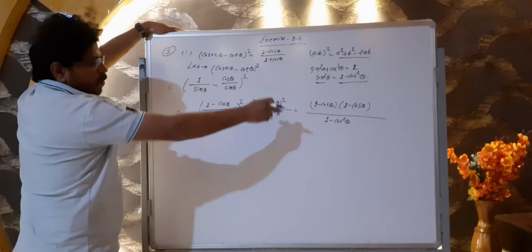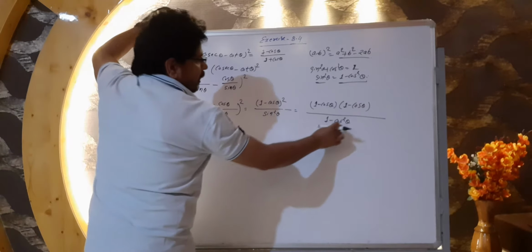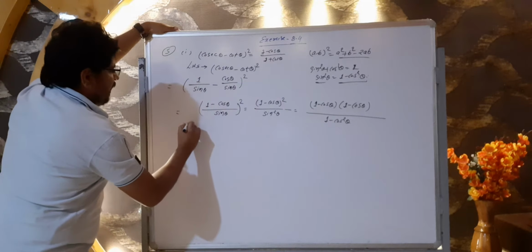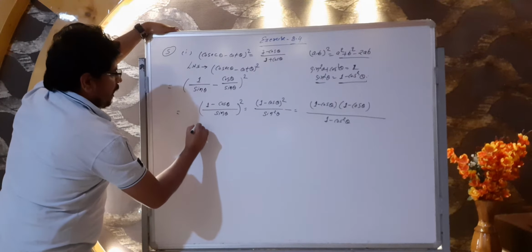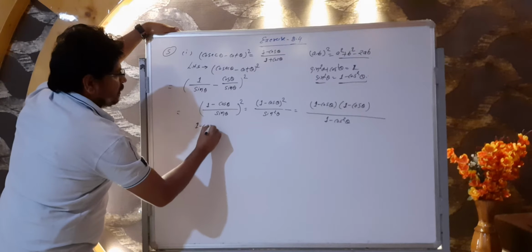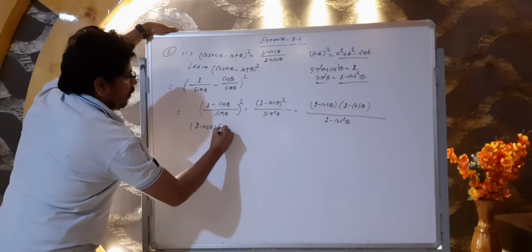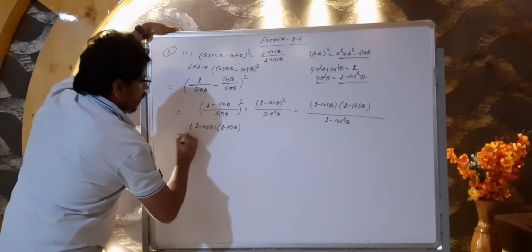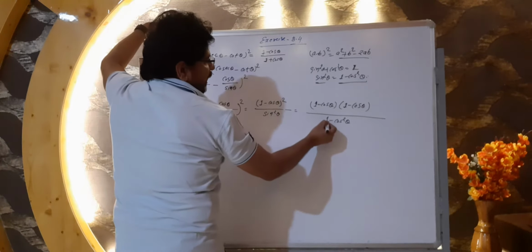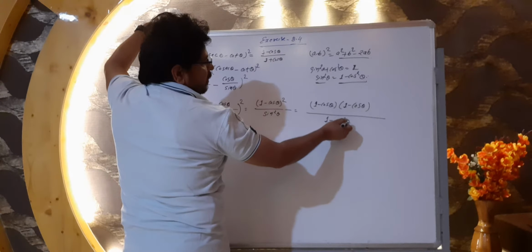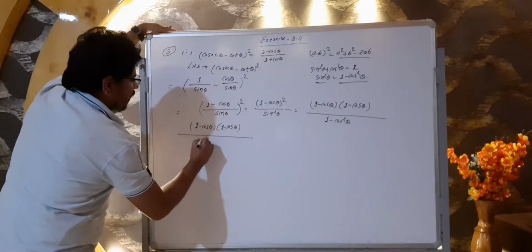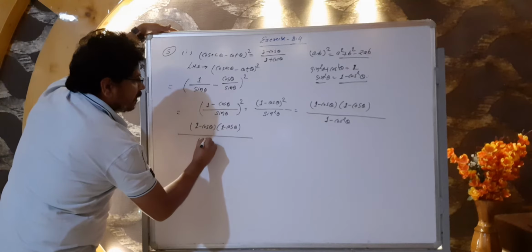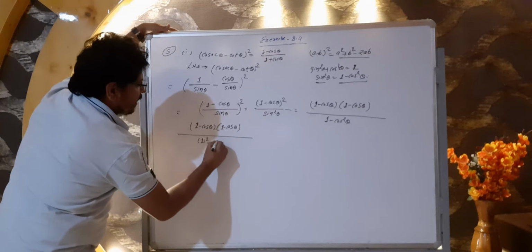Now, what can we do here? These particular things we can write like this. See here. Upper side the same, 1 minus cos theta, 1 minus cos theta. Okay guys. And downside, see here. Here we can write 1 square minus cos square theta. Yes, we can write. Then we will get one identity. I think you have already caught it.